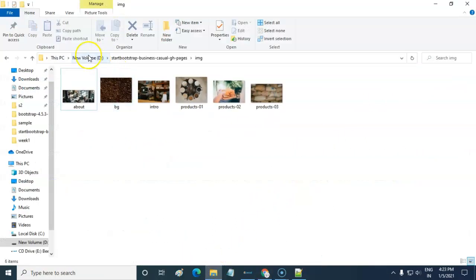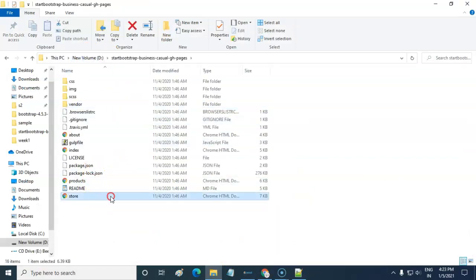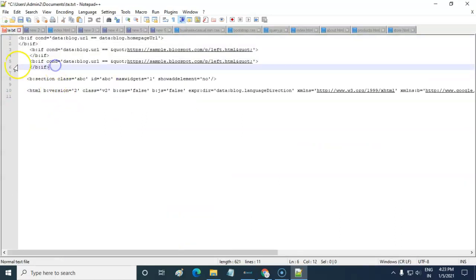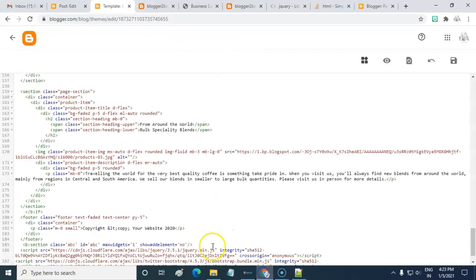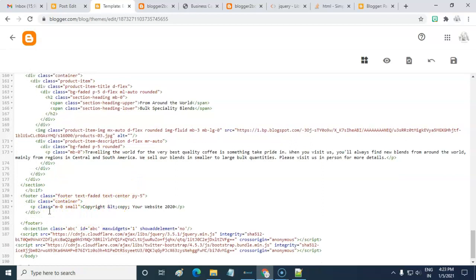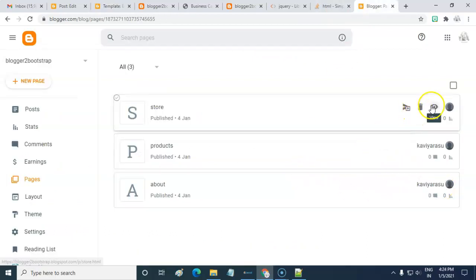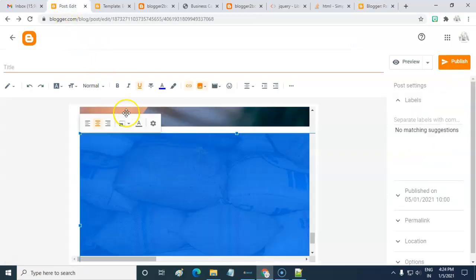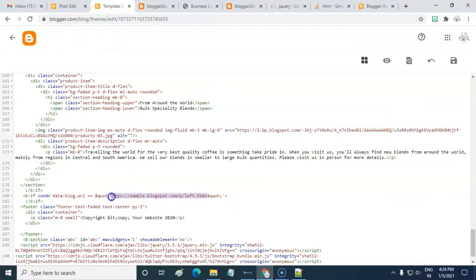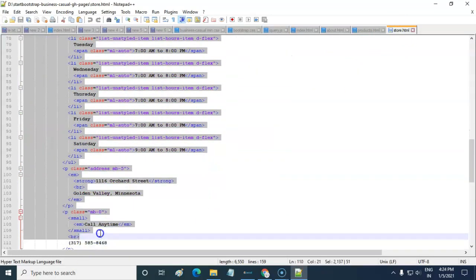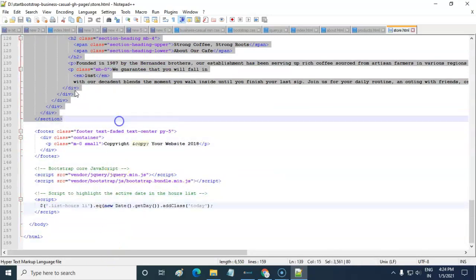We have one more page. So I have to add another if tag. Here also we have two sections.